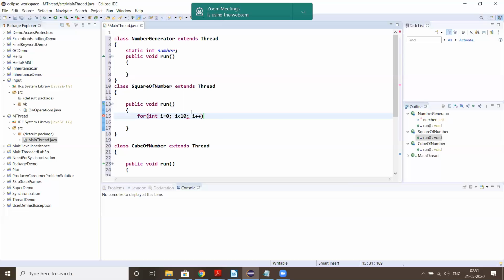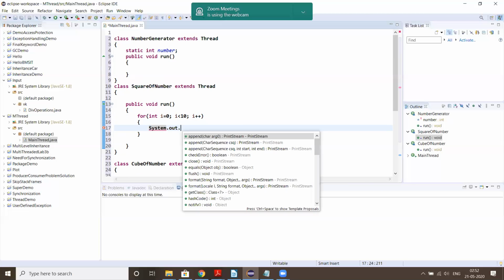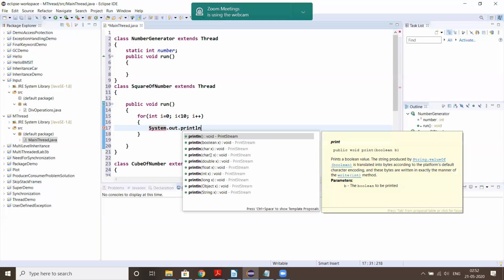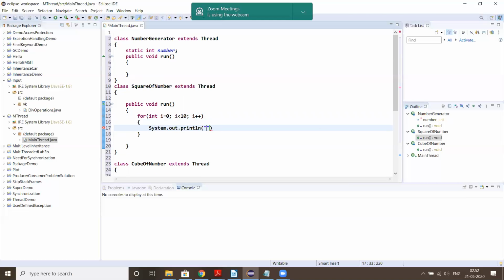Just let it display the class name of the thread. So what it should do is System.out.println, the thread class name.